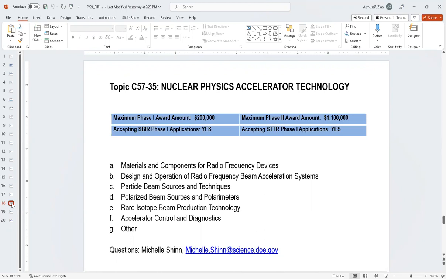Let's see, we then move on to subtopic E, rare isotope beam production technology. There are some asks primarily from FRIB because they make the most radiation. If they have an intercepting phase space diagnostic, they're looking for diagnostics near the production target. And that's all listed, and the specs for what sort of radiation they will be encountering are all in the subtopic.